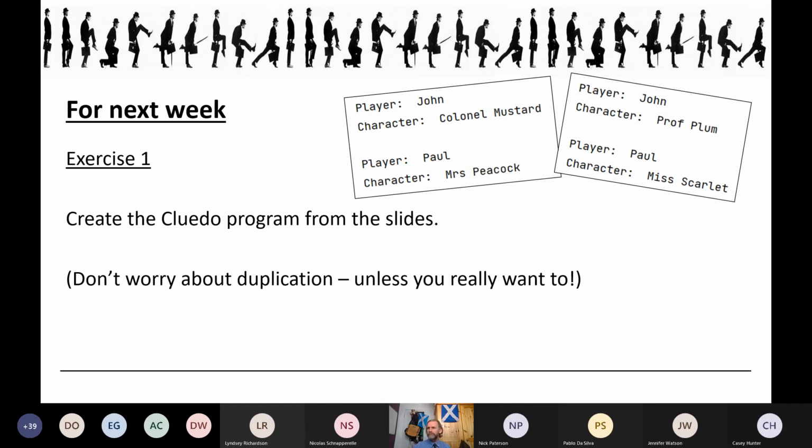Okay, so for next week, if you haven't seen the slides yet, go have a look at the slides. All the code that I've done is on there, so recreate that. Extend it.